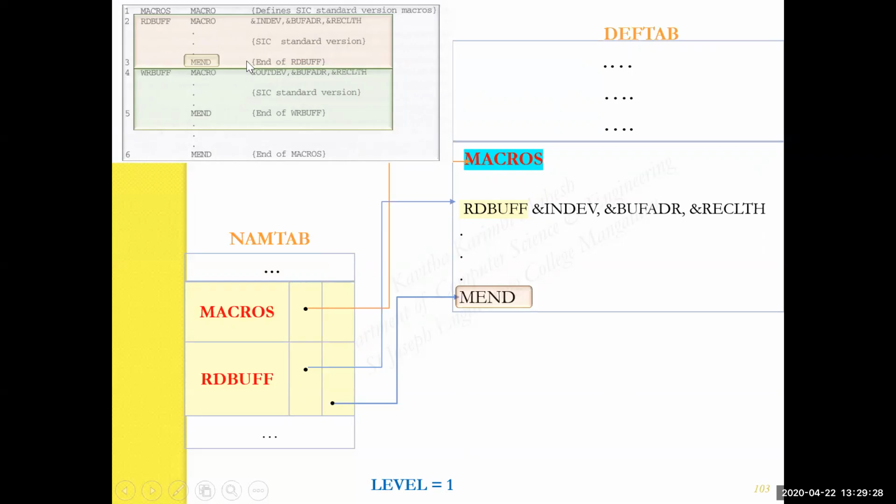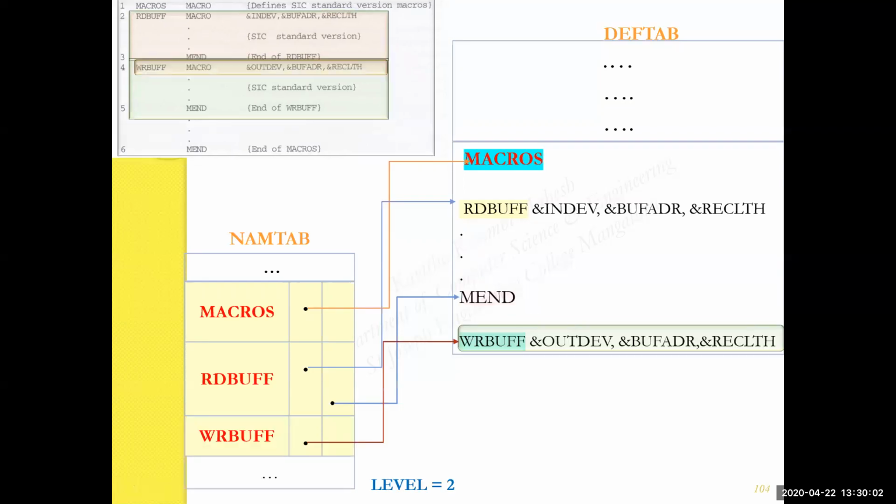So when MEND is encountered, it indicates the end of a particular macro definition. However, please note this MEND does not correspond to the end of the outer macro, and this is indicated with the level here. Earlier, level was 2. Now when MEND is encountered, we decrement the level. Every time MACRO is seen, level is incremented. Every time MEND is seen, level is decremented. So at this point, we decrement the level by 1, and that is why the level is set to 1. Since level is not at 0, we continue ahead with the processing, and the next statement taken is